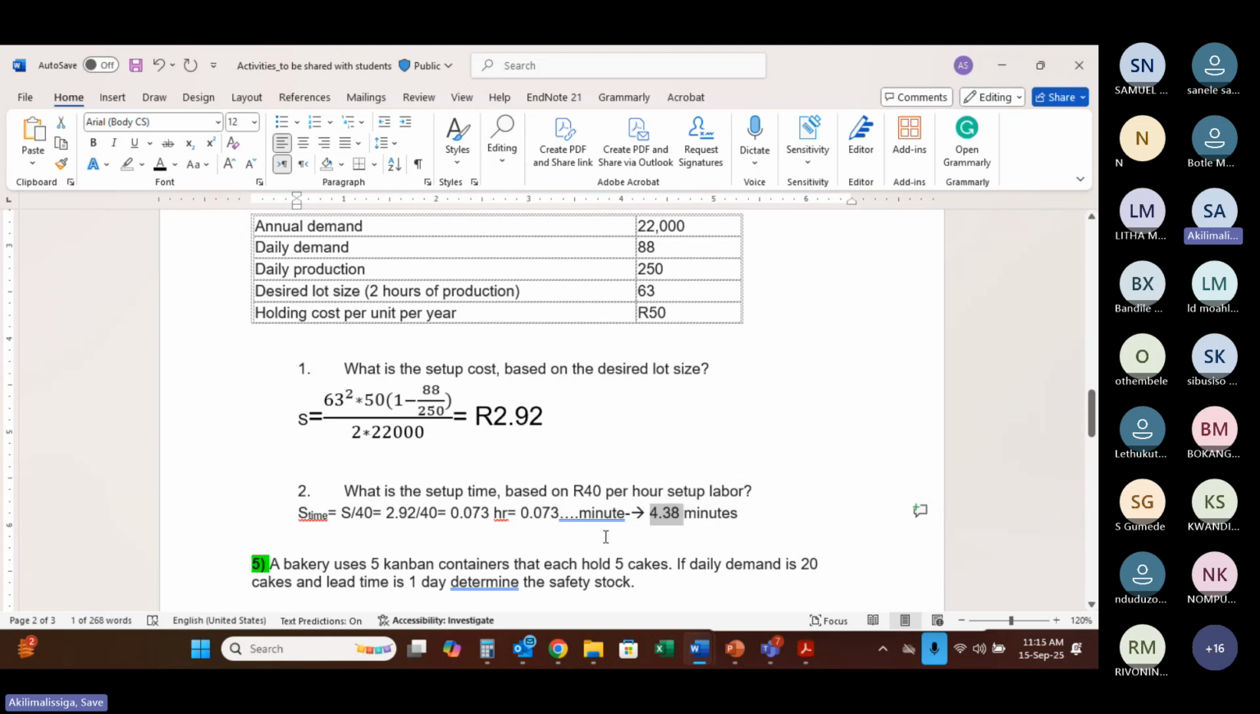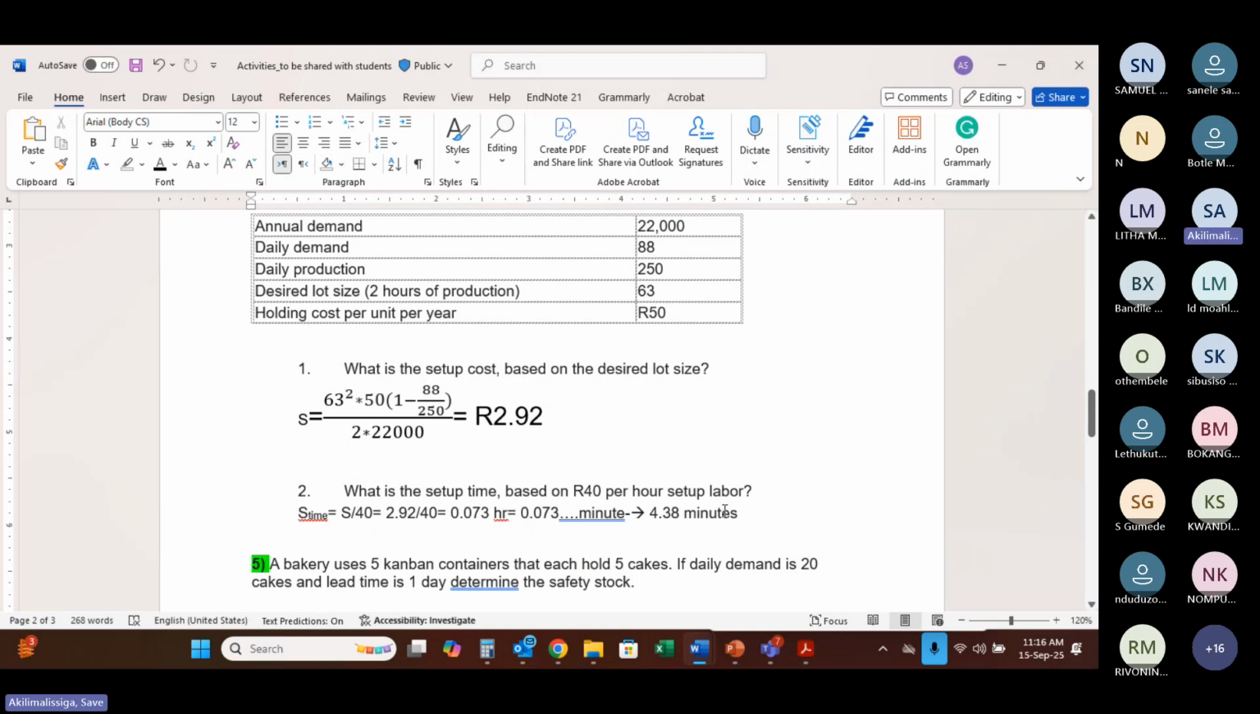a bit appealing, especially if you are probably giving a presentation in your company planning to introduce a Kanban system whereby a simulation analysis has been provided or is being undertaken, right? So writing 4.38 minutes, it's appealing, it's better than 0.073 hours, you know. All right, so this is how you deal with the setup time. I think this is a roundup